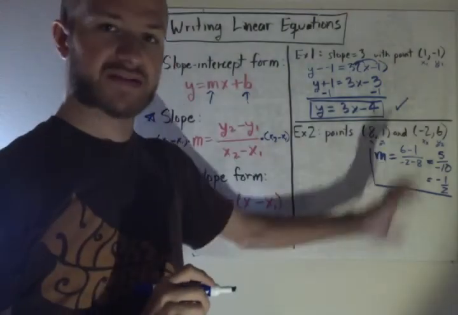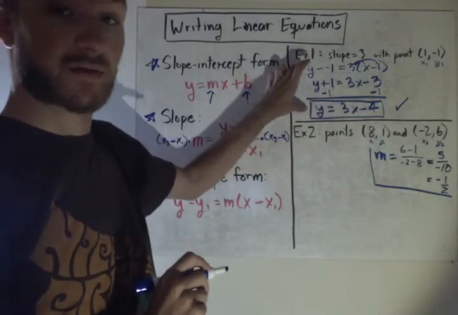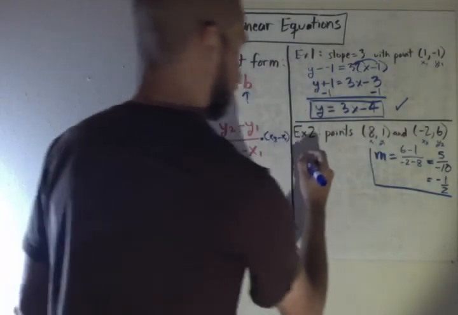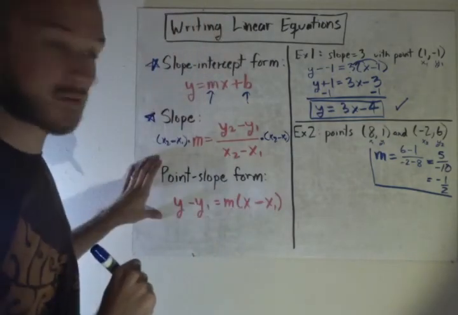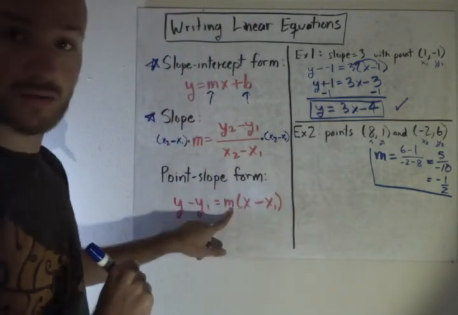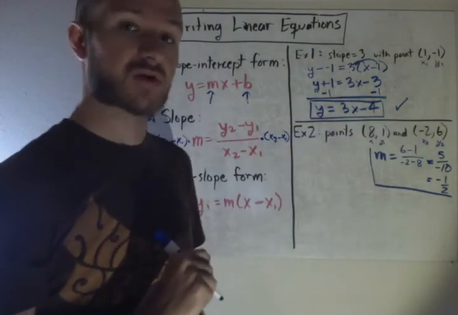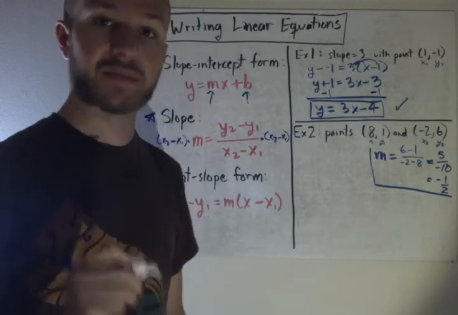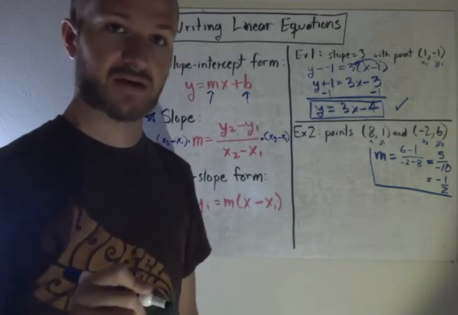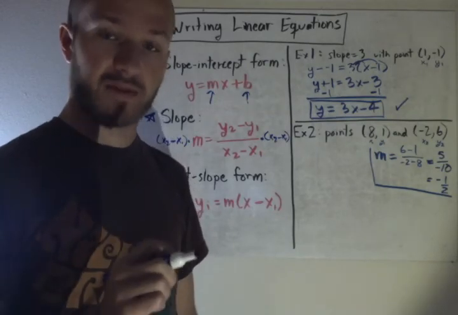I just put that work on the side, because now I'm going to use this, and it's going to look a lot like the work from up here. So now with using point slope form, I have the slope, and I actually have two different points. So the question comes up, which one should I use? Turns out it doesn't actually matter which one you use. You'll end up getting the same simplified answer at the end. Since you'll get the same simplified answer at the end, I'd recommend choosing the one that looks like it might